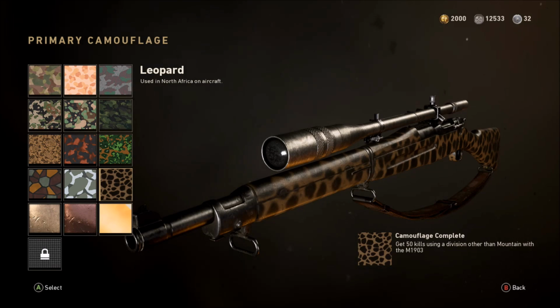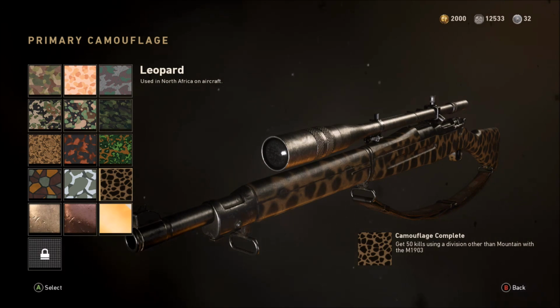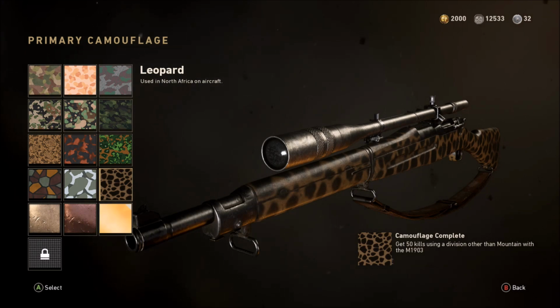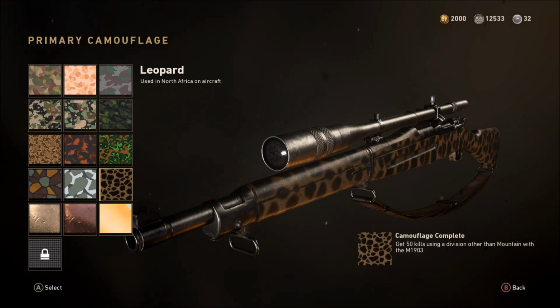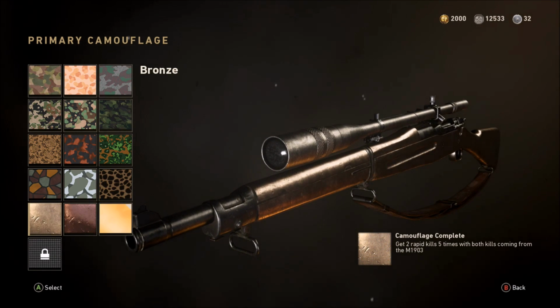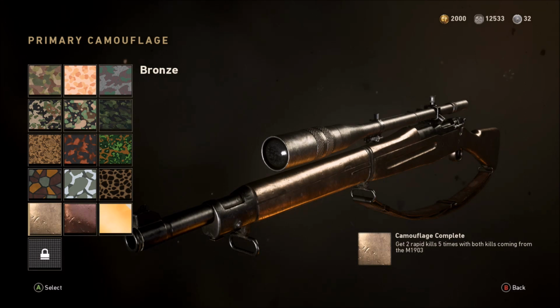The leopard camo, we need to now also get another 50 kills, but with another division. It's up to you what you select. I'm not going to say what I recommend. I just use the armored division because I'm working that up to maximum prestige, but you can use whatever you want. It might take you a little bit longer to get the 50 kills with another division because you haven't got the benefits as mountain division got you, but get those 50 kills out of the way, guys,